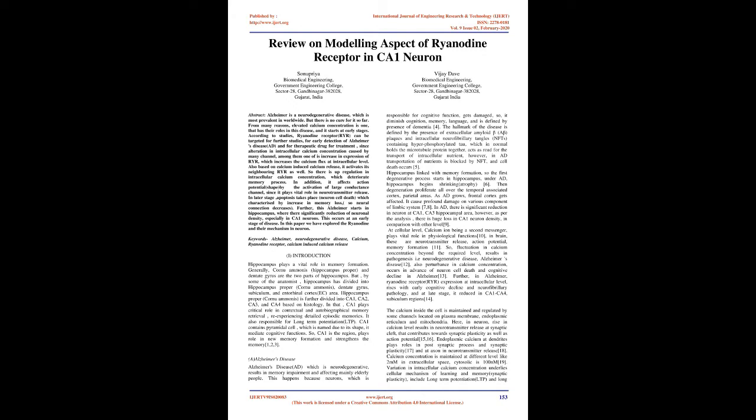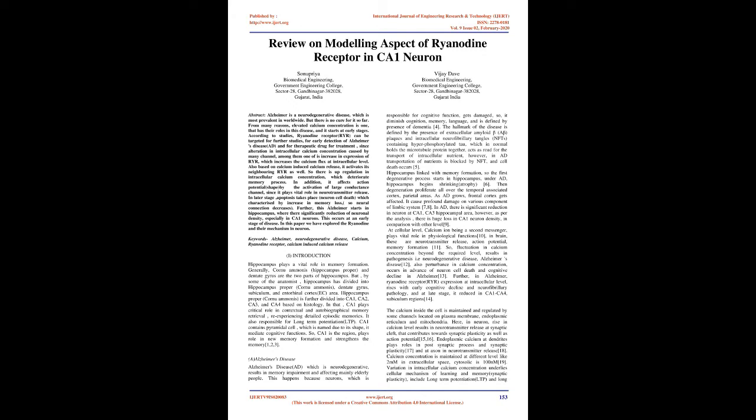Also, based on calcium-induced calcium release, it activates its neighboring RYR as well. So there is upregulation in intracellular calcium concentration, which deteriorates the memory process. In addition, it affects action potential shape by the activation of large conductance channels, since it plays a vital role in neurotransmitter release. In later stages, apoptosis takes place, neuron cell death, which is characterized by an increase in memory loss, so